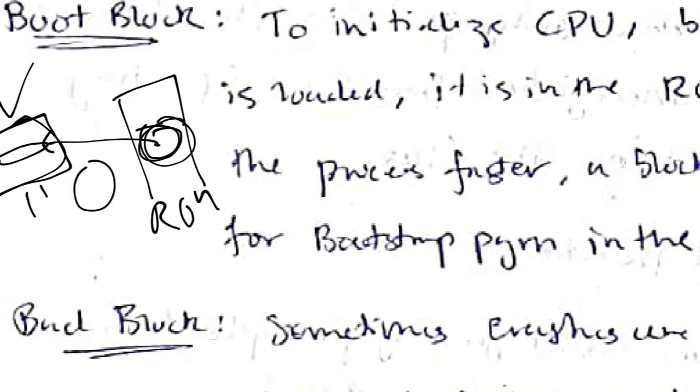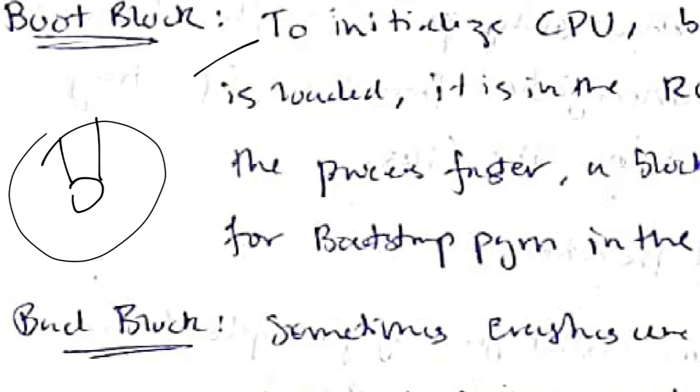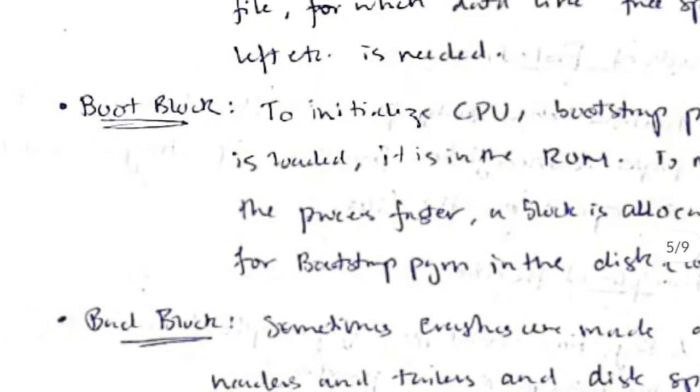But this process is very time consuming. So to avoid that, what we can do is make a copy of this program, and then store it in the disk, in the secondary storage, and this will be accessed very fast. Okay, so that's the code. This code we write in the disk. Suppose that this is the CD here, and from the ROM we are copying the bootstrap program to this part of the CD. Then this block is known as the boot block because it has the bootstrap program. Okay, that block is known as the boot block.